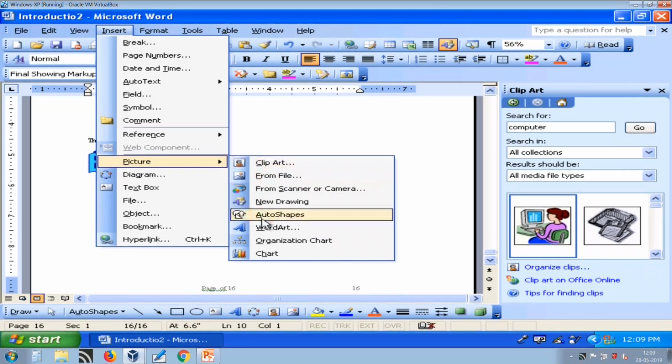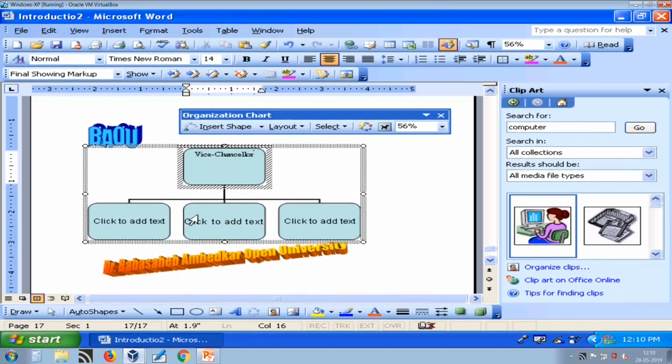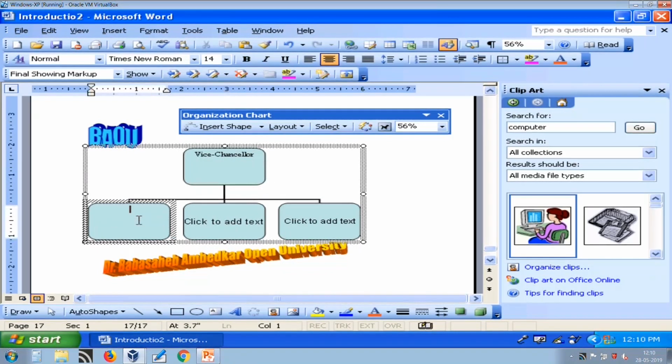The next option is organization chart. Organization chart, as its name suggests, is used to display an organization chart. So what I can do is, if I want to show a university hierarchy, I can have something like this.